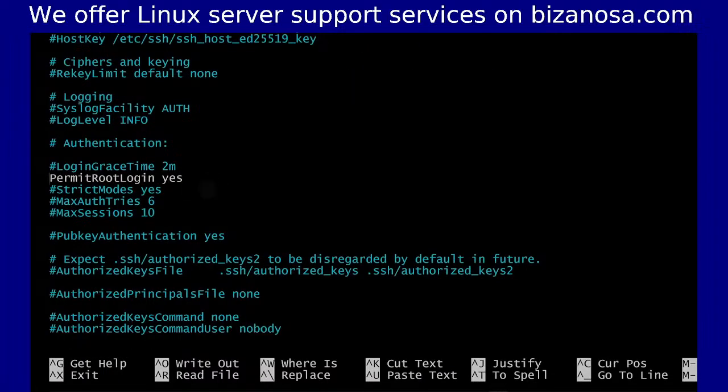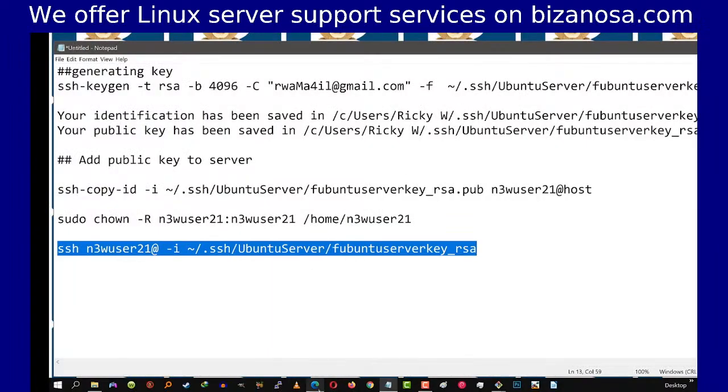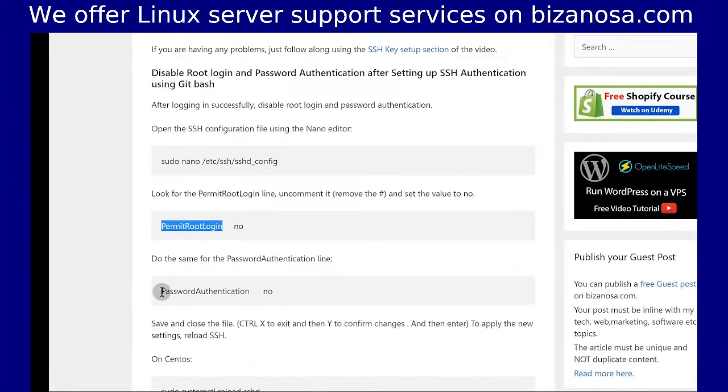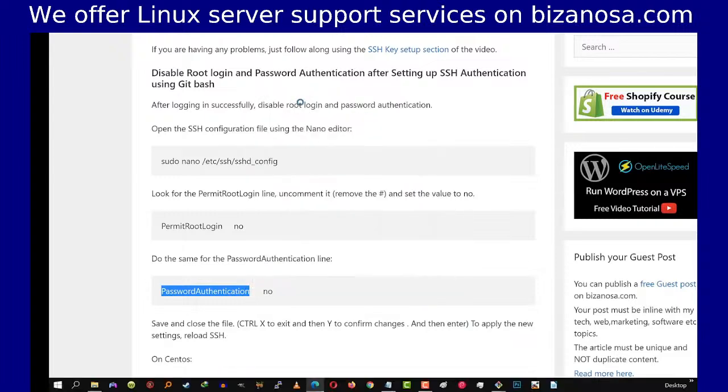And you can see permit root login has been set to yes. So we don't want root to be able to log in. So we want to set this to no. And we're going to delete yes. And then the next thing that I want us to look for is password authentication. So let me just copy password authentication from here. And we're going to search for it in